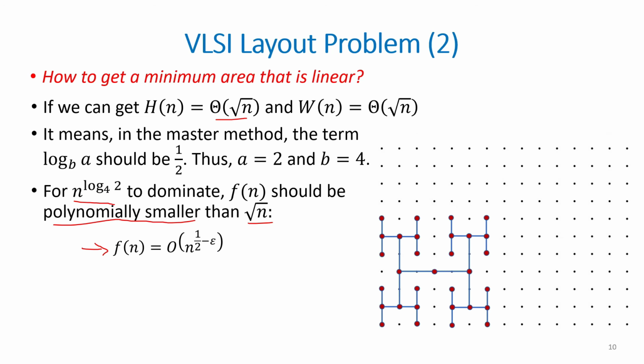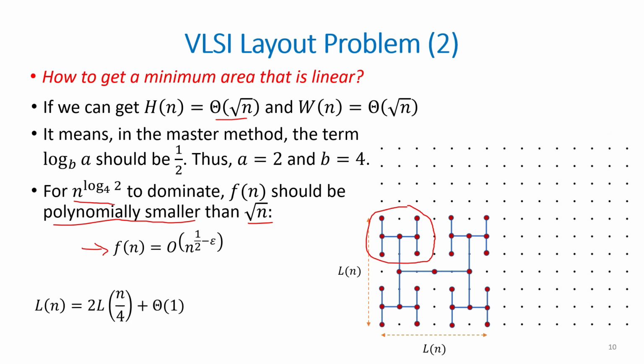efficient. This is a layout which is known as the H layout, and you can probably guess why, because we have placed 4 H's and connected them, which basically represents the same binary tree that we have seen. Over here, note that the height and the width are the same, and therefore we can replace them with another term called L of n. Unlike the previous case, we see that every subtree has actually n/4 of the total number of nodes in the actual tree. So we can actually rewrite this as L of n is equal to 2 times L of n/4